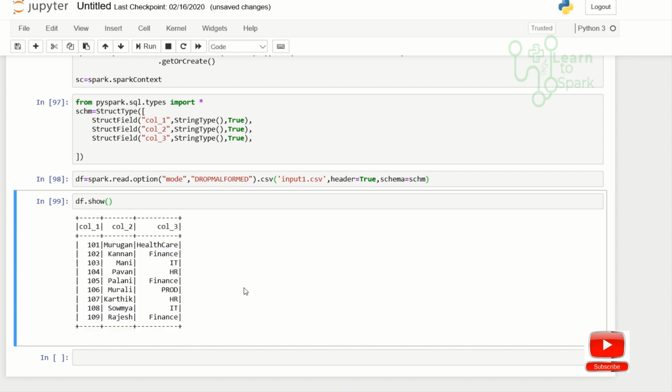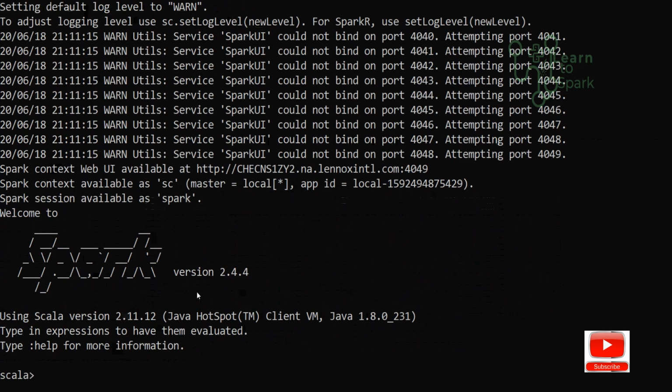Hope you understood the concept of modes that are available in read data frame. Let us also see the Scala version of the answer. I will just execute the commands that I prepared. I had opened an Anaconda prompt and opened a Spark shell. Let us read the input data first.